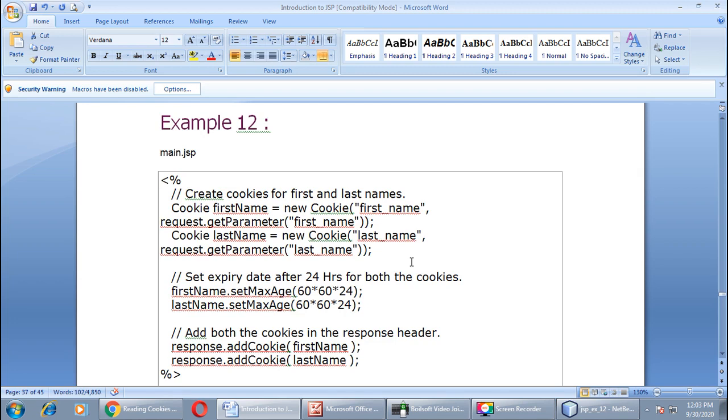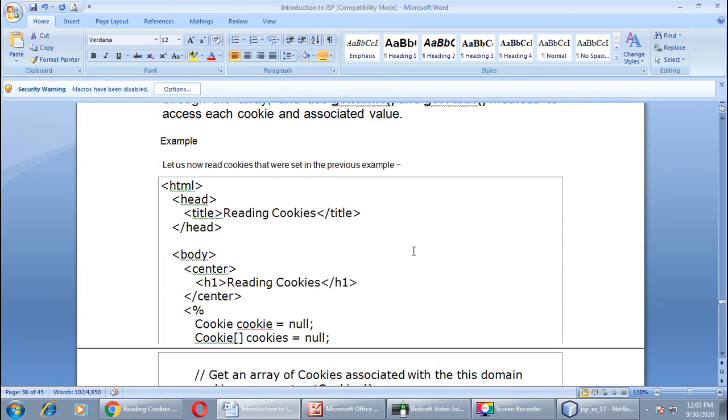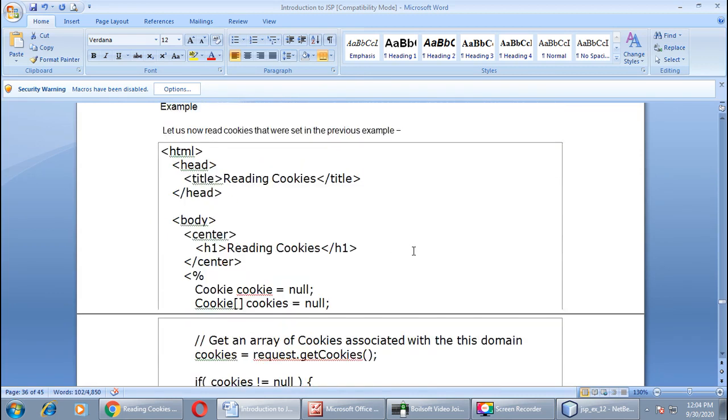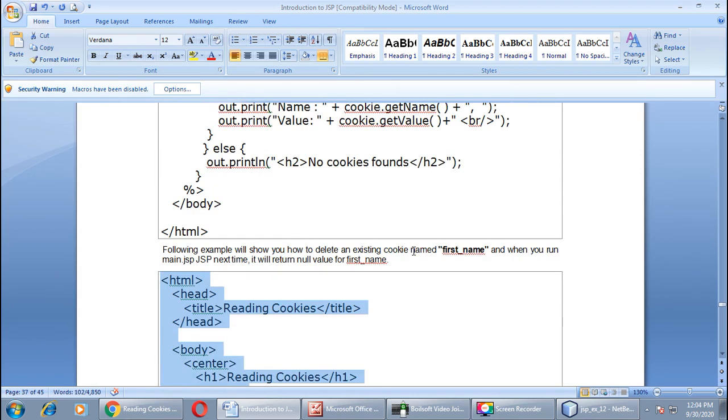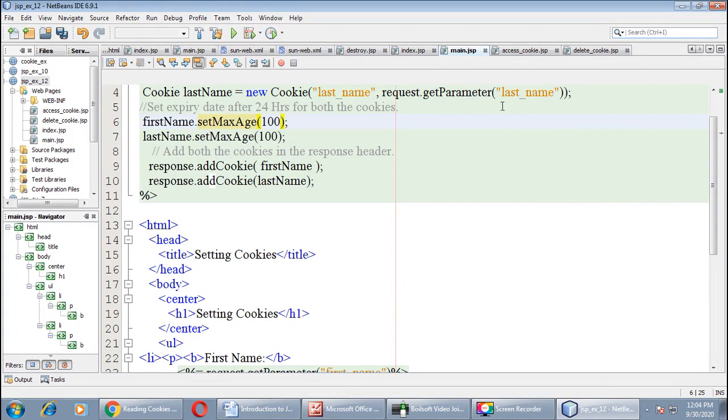For that you have to create only one project and you have to include 4 files in a single project, namely main.jsp, index.jsp, then access cookie.jsp, and the fourth one is delete cookie.jsp. Okay, like this. That's it.